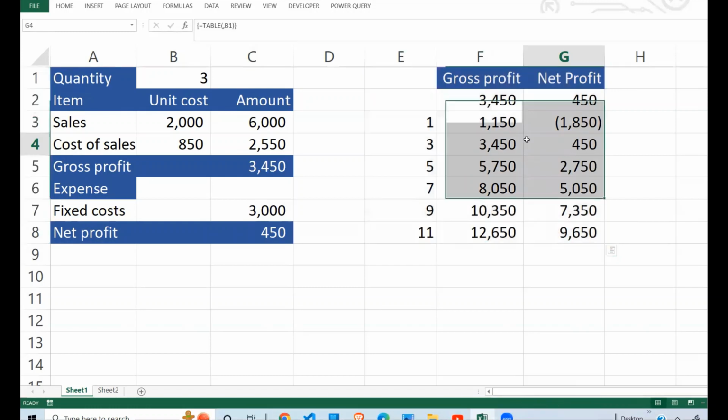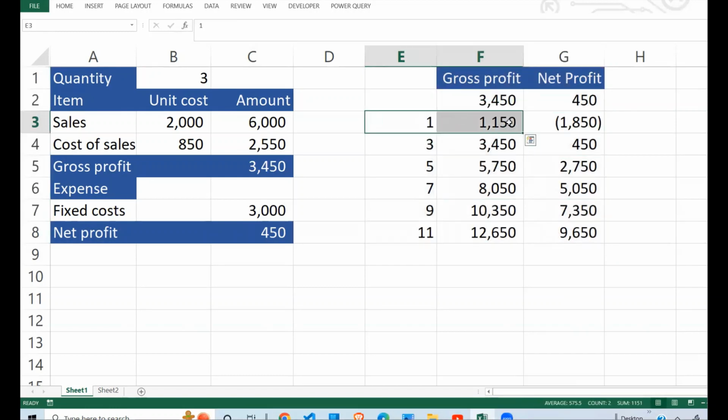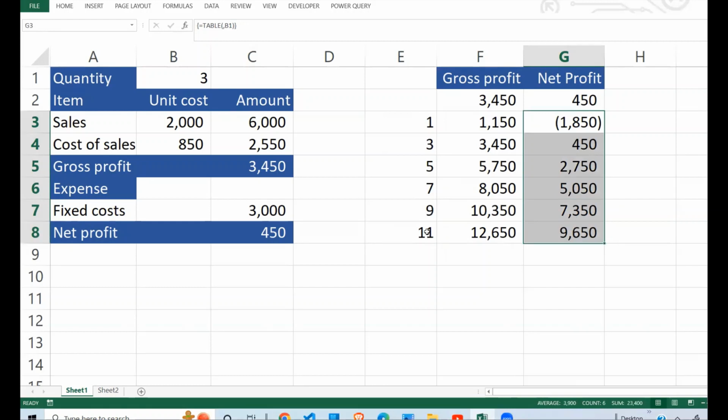So with this, you can know that if I'm producing at quantity 1, I'll be making a loss. Quantity 3, I'll make some small profit, and so on. And my biggest quantity, the more quantities I make, the more profit I earn. That is one scenario where we are studying one variable and seeing the impact on the profit or the net profit. In our next example, we are going to study 2 variables, and the 2 variables are the quantity and